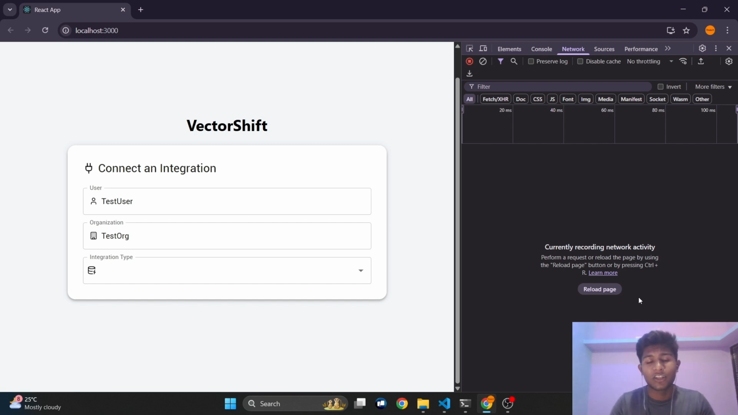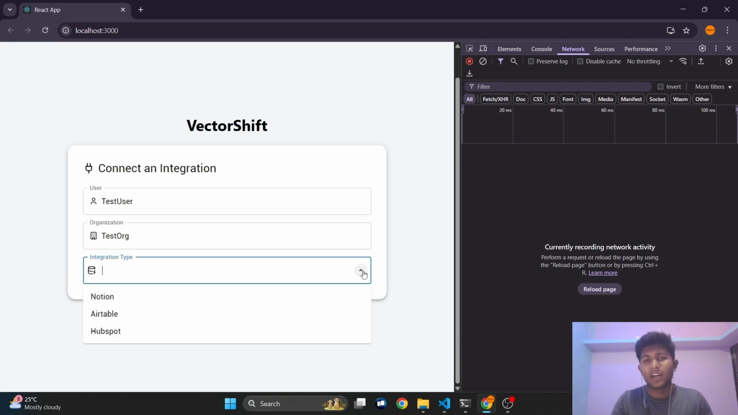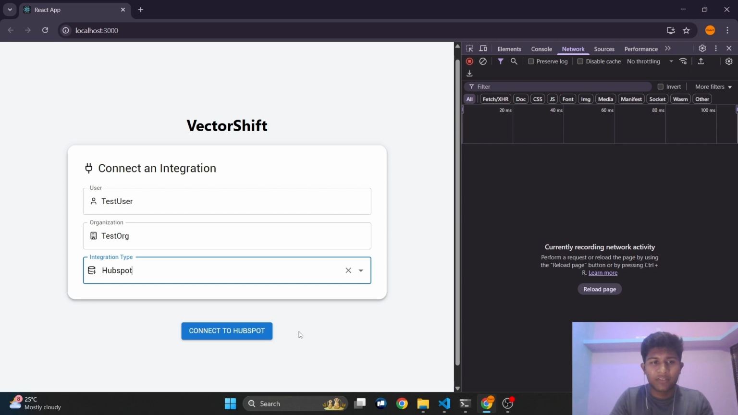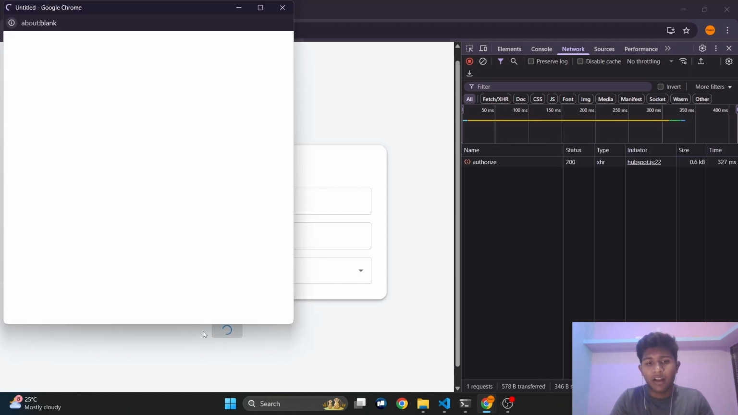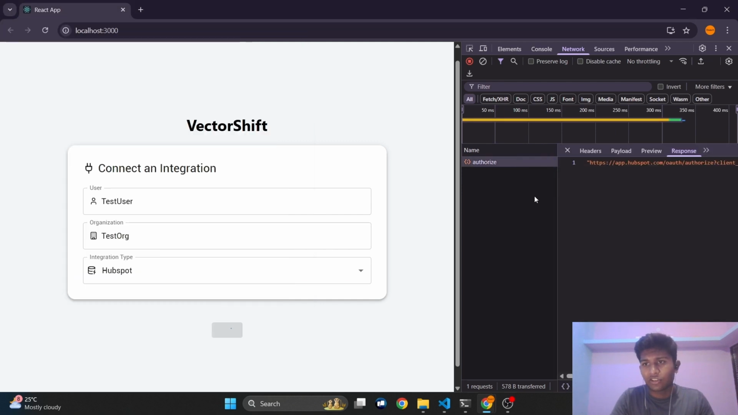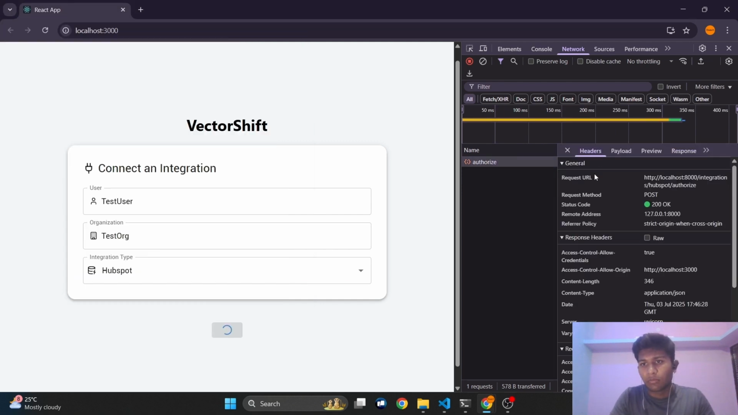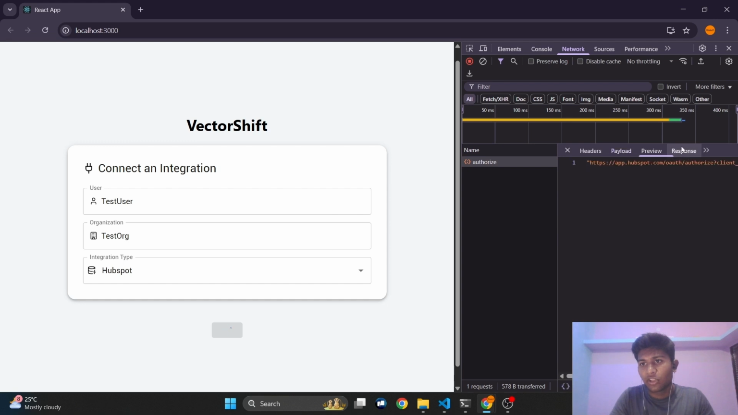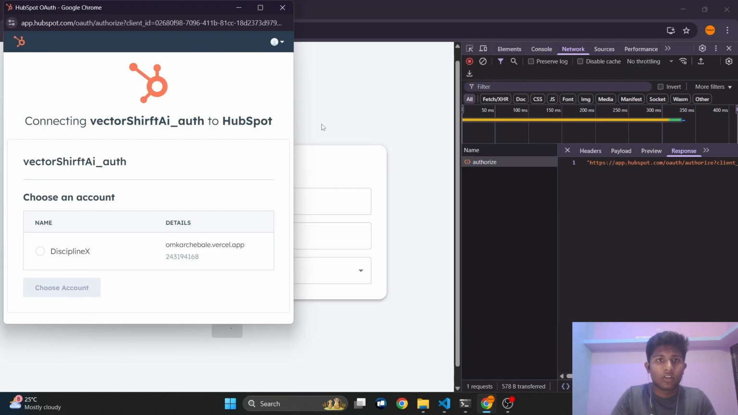The goal is to create a HubSpot OAuth integration flow with FastAPI, Redis, and React. I have pre-filled some fields, chosen the integration type of HubSpot, and clicked connect to HubSpot. Instantly, the HubSpot slash authorize API is called on button click, and in that response we get a URL which helps us open a new window and connect our existing HubSpot account to our system. And I'll connect it,